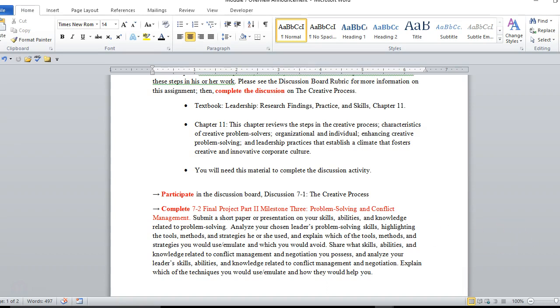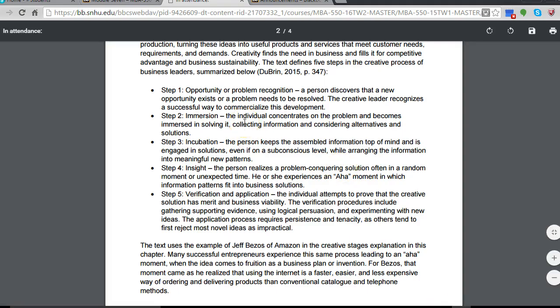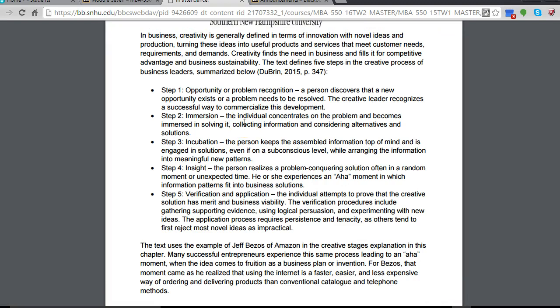In particular, I'm going to switch screens here now. Take a look at the five-step process that Dubrin highlights. And this five-step process really isn't unique. Interestingly enough, in all the different programs in which I teach, the MBA programs, the doctoral programs, we use a stepwise process very similar to this one for identifying, or for developing processes for identifying how to solve problems, whether it be